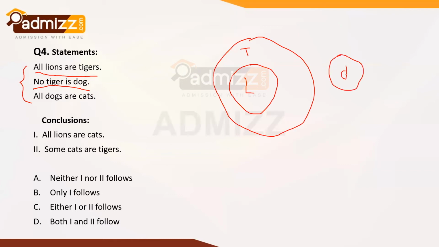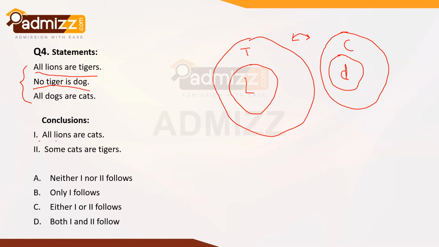So D lies outside of T. And all dogs are cats, so there exists a certain set C that encapsulates D completely. So from these, just by judging from this particular figure,